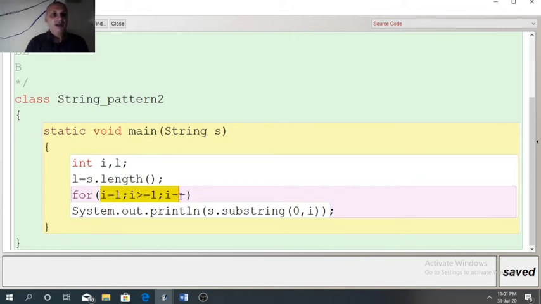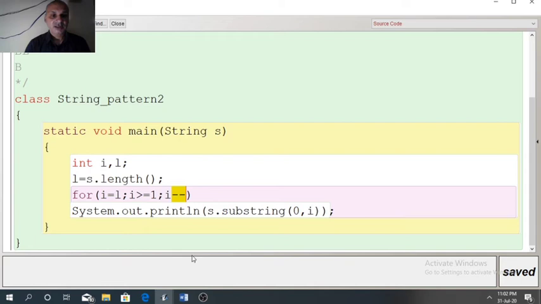I equal to L. It is L, it is not 1. So I equal to L, I greater than or equal to 1. This L and 1 look similar, but you should not be confused here. Start with L, I greater than or equal to 1, I minus minus.